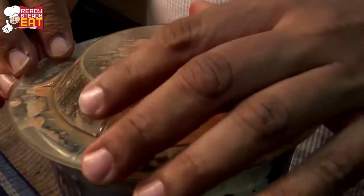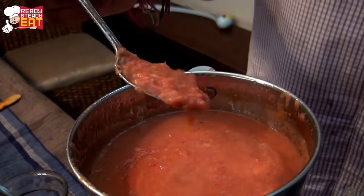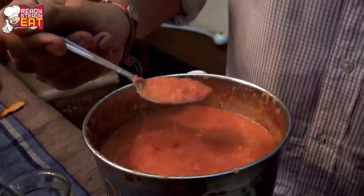I like my Gazpacho a bit chunky. So this is the kind of consistency that we are looking at. So let's go and try it. Perfect. So the Gazpacho is ready now. Let's chill it for 2 hours at least till it becomes nice and cold, and then we are ready to